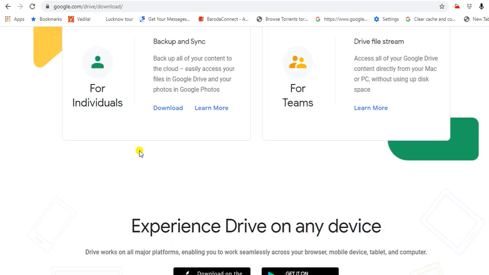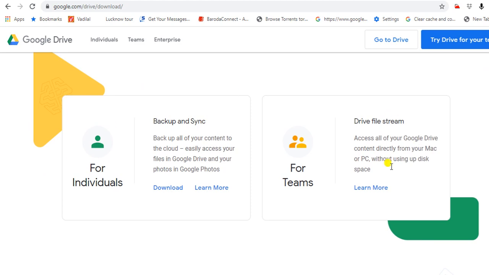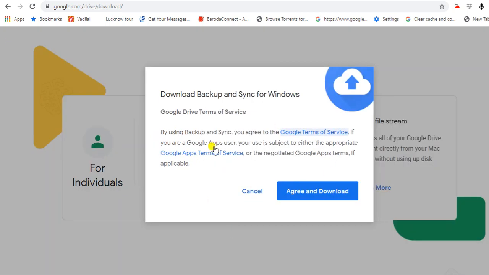The download button comes. Then here there are two options, for individual or for team, and here you will find the Drive download button. So you have to download for individual and click on the download. As you click on the download button, this agree and download button appears on the screen. Click on the agree and download button